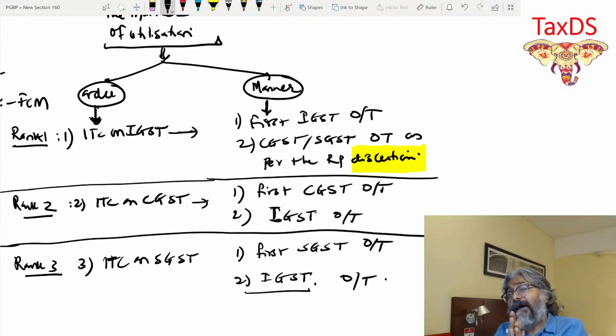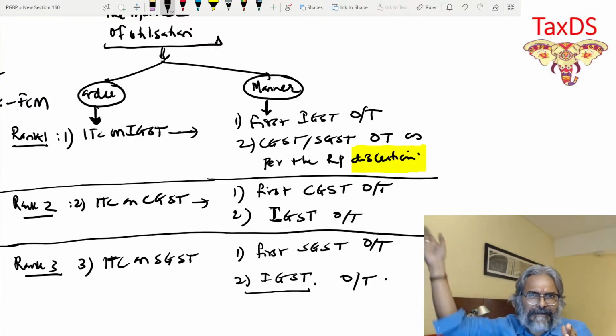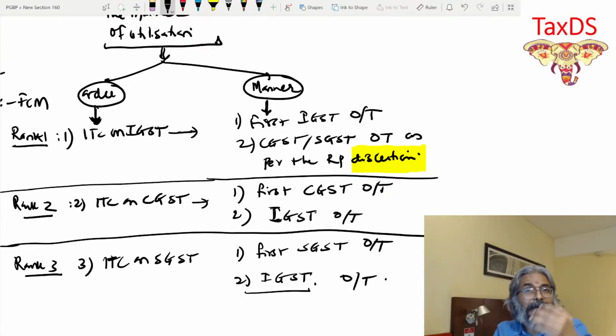So in that case, as a consultant, you are supposed to guide him: look, boss, you must ensure there is minimal cash outflow towards the payment of tax. If you've got an ITC, you will see the output liability of the various heads IGST, CGST, SGST, and how much credit is available for each head. Once the IGST credit is used for IGST output liability, for the balance amount you will decide how much is used for the CGST output liability and how much for the SGST output liability, so as to ensure that the overall outflow is kept minimal.